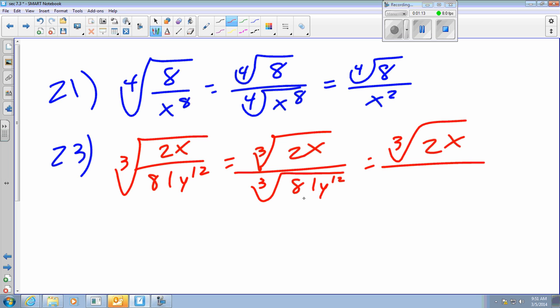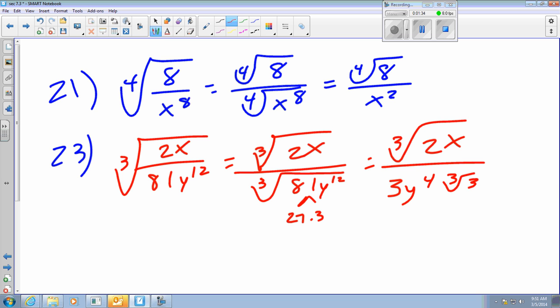On the bottom, I know that we're doing the cube root. 81 isn't a perfect cube, so I'm going to split it into 27 times 3. The 27 can come out. The cube root of 27 is 3, so that comes out front. The cube root of y to the 12th is y to the 4th, and we have the cube root of